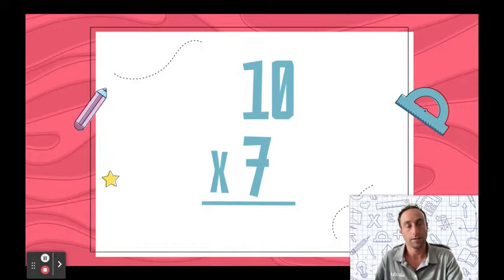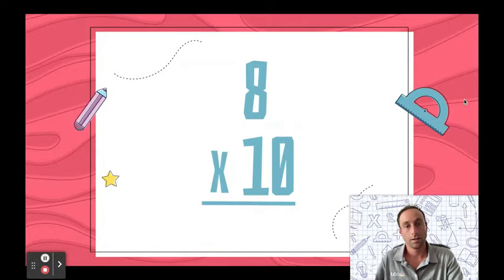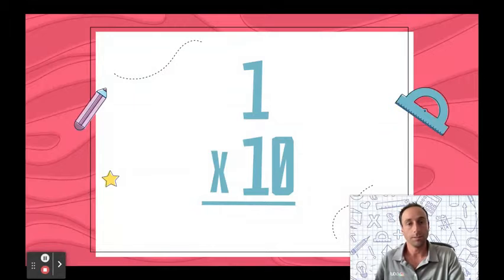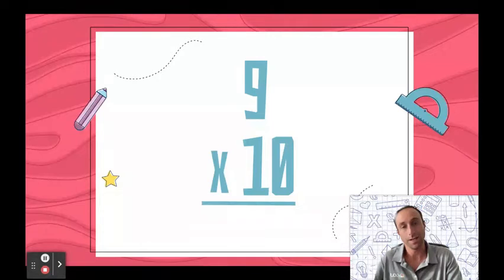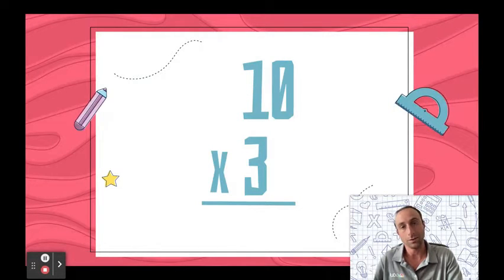50. 10 times 7 is 70. 8 times 10 is 80. 4 times 10 is 40. 1 times 10 is 10. 9 times 10 is 90. 10 times 3 is 30. 10 times 6 is 60. And 10 times 2 is